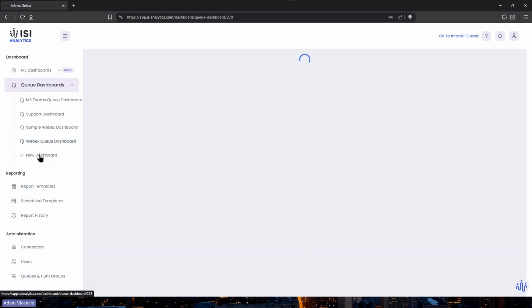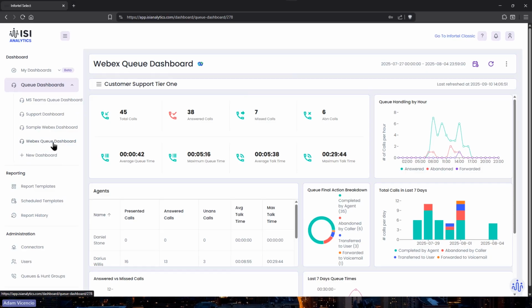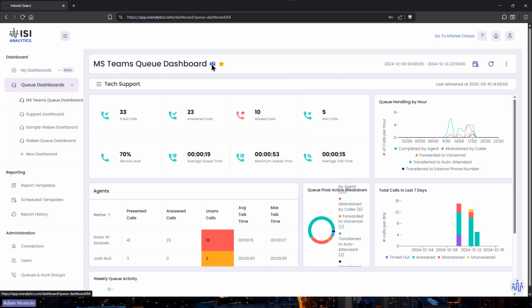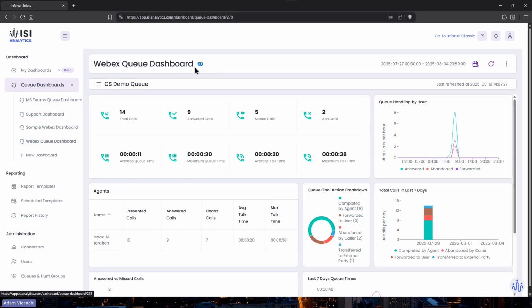First, I'm going to go ahead and click on our WebEx Q dashboards. Something I want you to note is that there's a little WebEx icon here, and if I go back to Teams, you can see that there's a Teams icon here. This only shows up for clients that have both. So if you have our Q Analytics product for both your Teams environment and your WebEx environment, you're going to see that icon. This helps differentiate which queues you might be looking at if you haven't labeled them as such. However, if you only have one queue for one product, say just WebEx or just Microsoft Teams, that icon will not be present because you won't have both. So there's no need to have it.